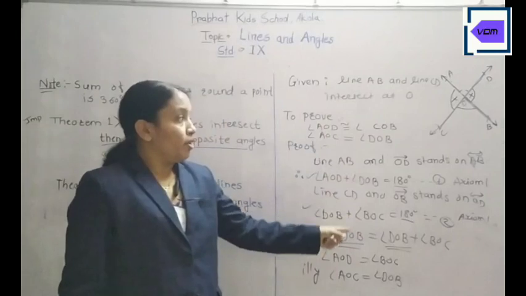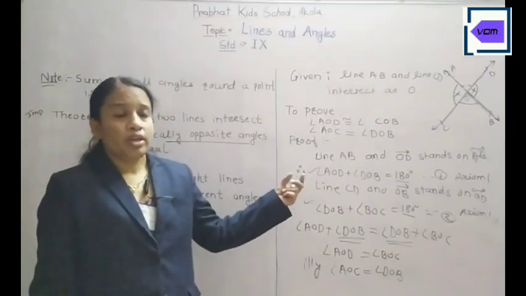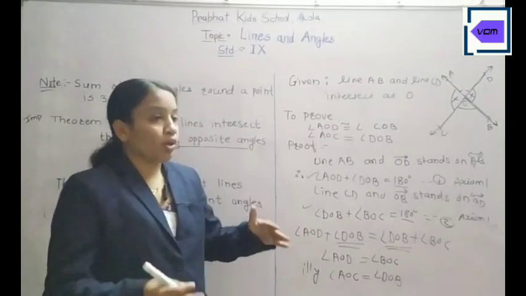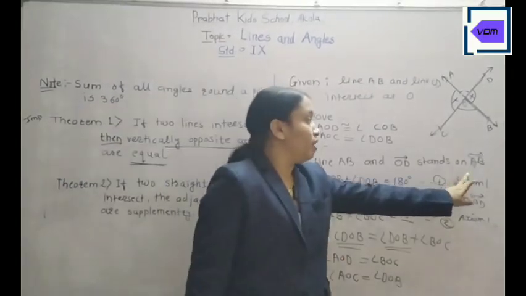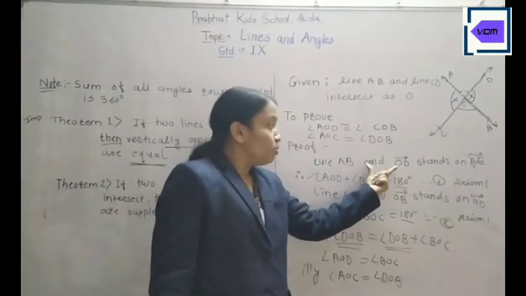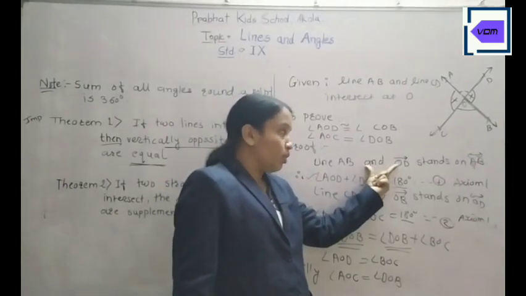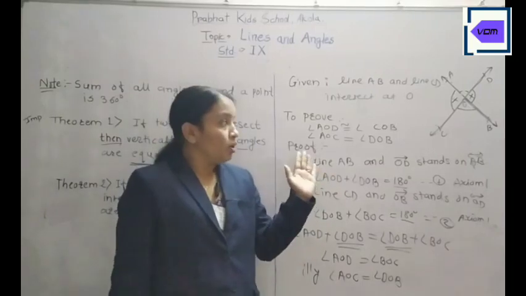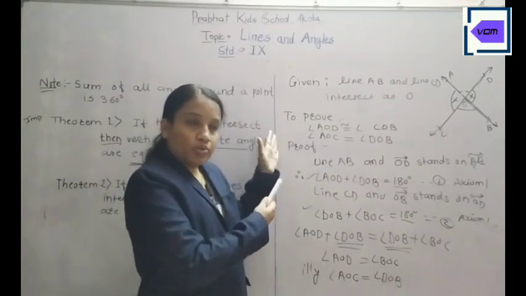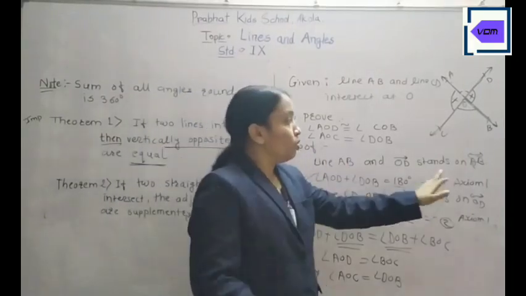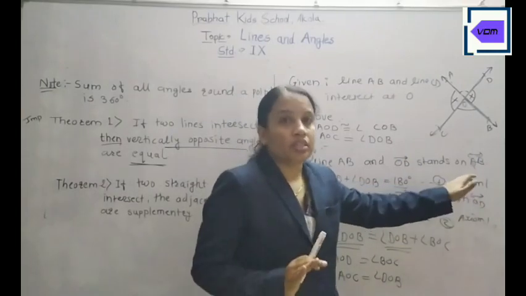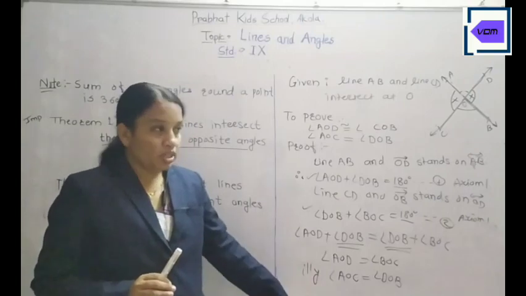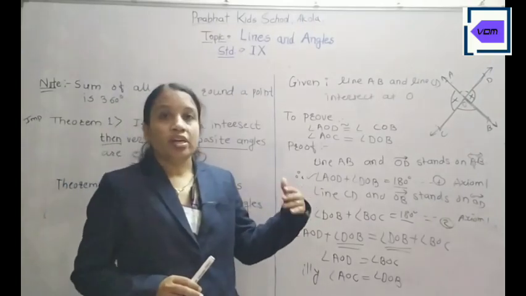Okay, this theorem is for 2 or 3 marks. But for 2 marks, 3 marks, what to write? Reasons are very important, that you have to write. Because of this axiom, this is given, so it is 180. Keep in mind that in this chapter, whatever the marks, whatever steps you are taking, you have to give the reasons for them. Okay, so this is the very first theorem. Hope you understand. Now we will see its application.